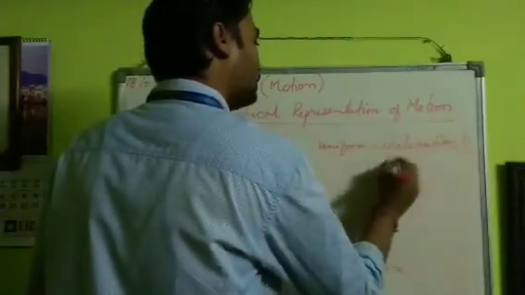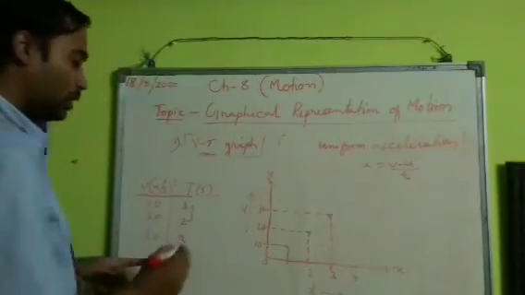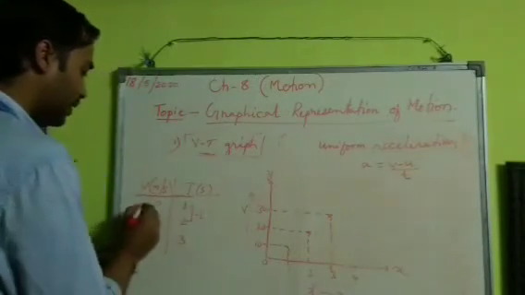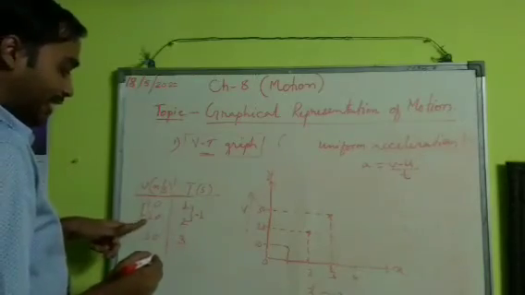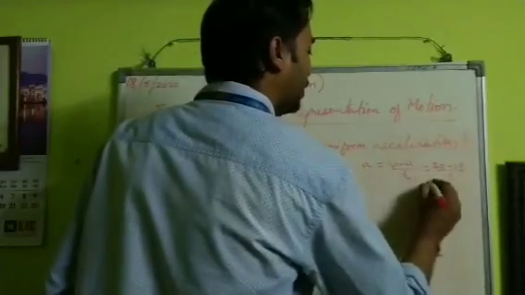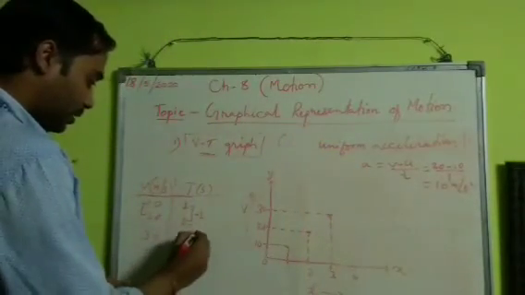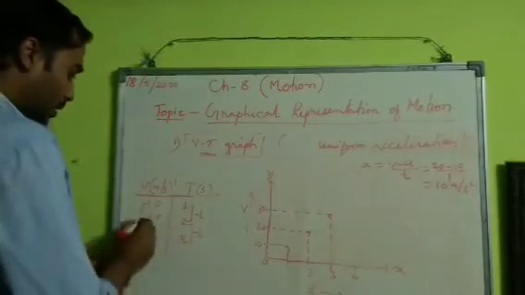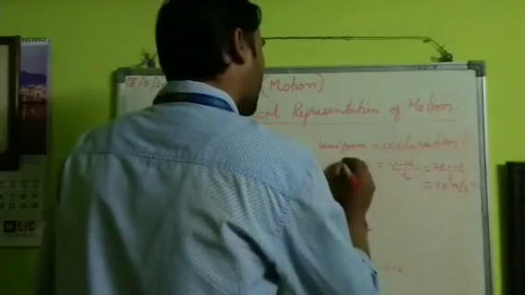So if we note down the formula of acceleration, that is a equals v minus u by t, if we consider the time interval from 1 to 2, what is the gap of time? It is 1 second. And what is the difference in velocity? Now if we consider 20 as the final velocity here and 10 as the initial velocity, then 20 minus 10 divided by 1 will give you what? 10 meter per second square. Similarly for the second case, the time interval is again 1, and here the initial velocity is 20 and the final velocity is 30. So this is the first case.